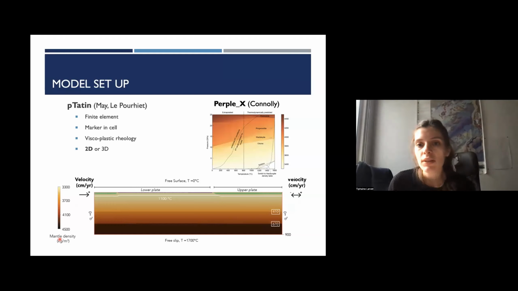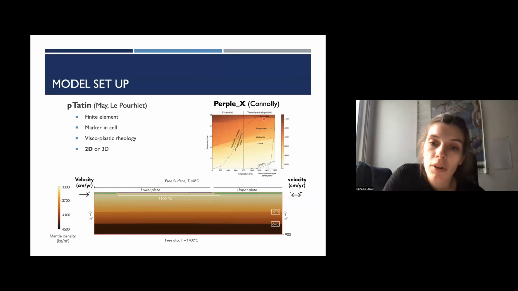Because the density of the slab is the main parameter of slab pull, it was very important for my model to predict the density of rock as accurately as possible. For this, I use the software Perple_X to predict the density of rock as a function of pressure, temperature, and also metamorphic reactions.